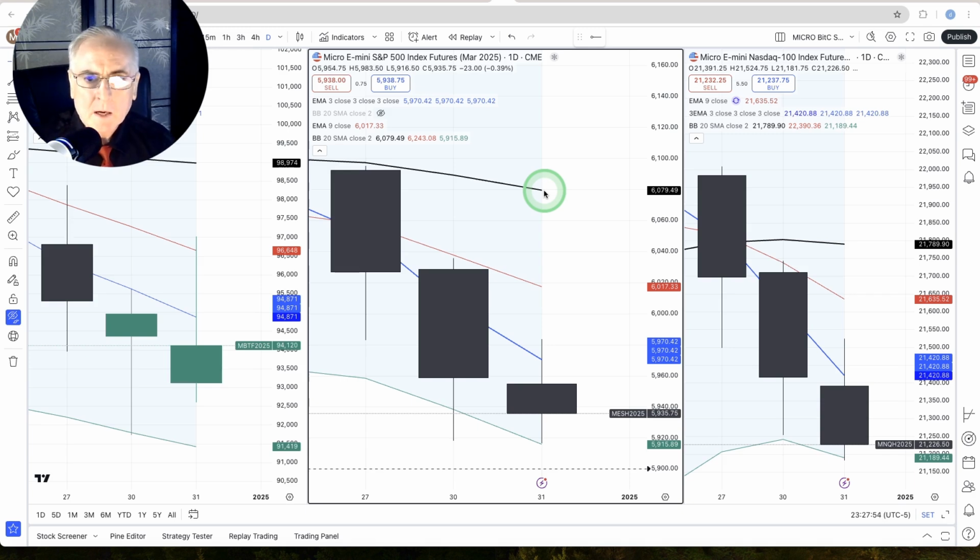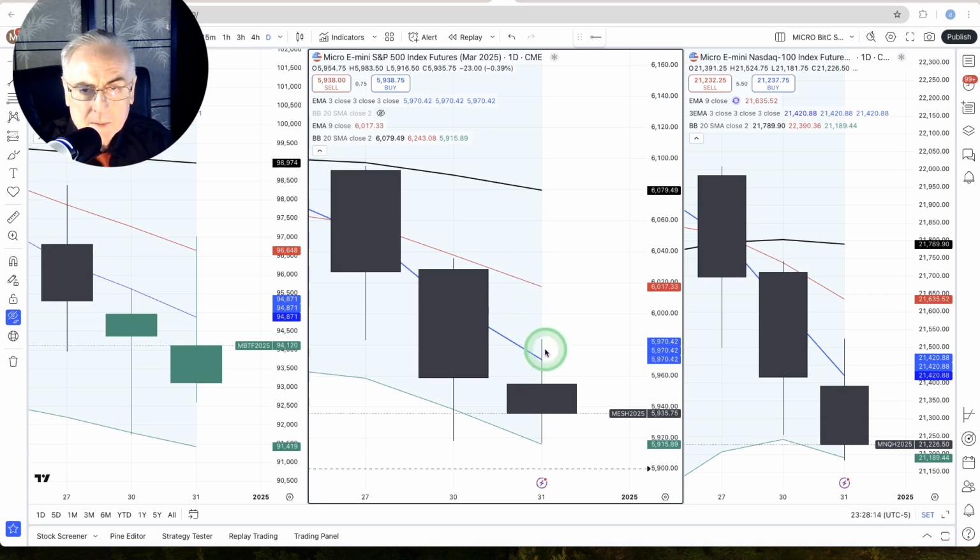I pointed out how on the weekly we hadn't gone below, but on the daily, we're definitely below. This is a deep discount here. We'll see how it goes on Thursday and Friday, but I'm definitely going to take a look at the lower and the 9 EMA.